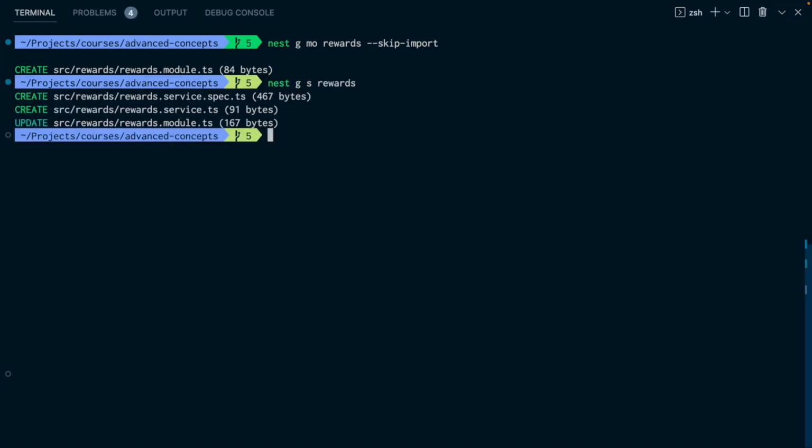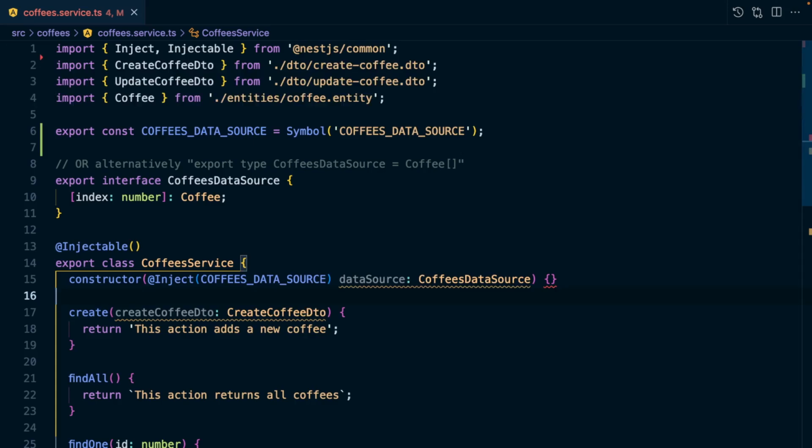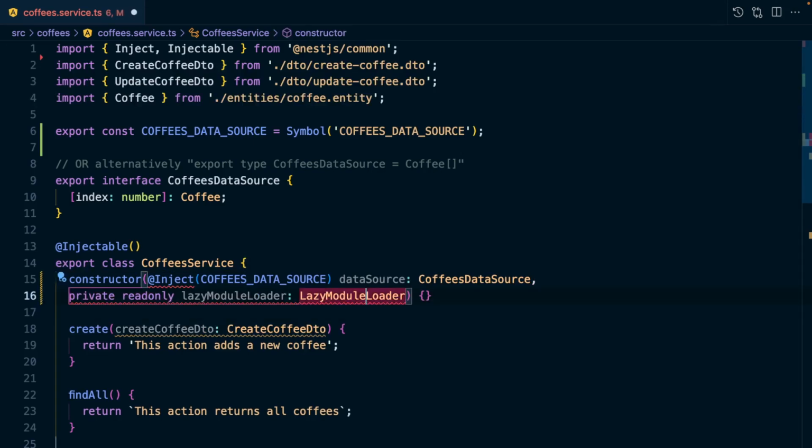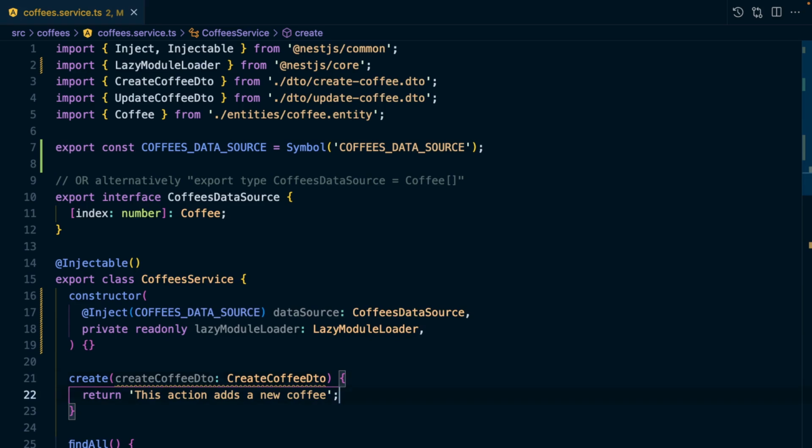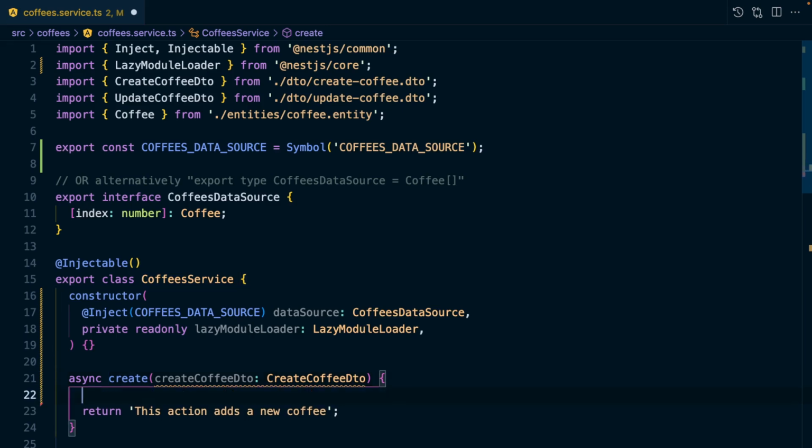With this in place, let's navigate to our coffee service file, and before we start, let's inject the new lazy module loader provider using the standard approach. With this dependency in place, let's now move on to the create method, and first, let's update the method signature to be async. Next, let's use the load method of the lazy module loader provider to lazily load the rewards